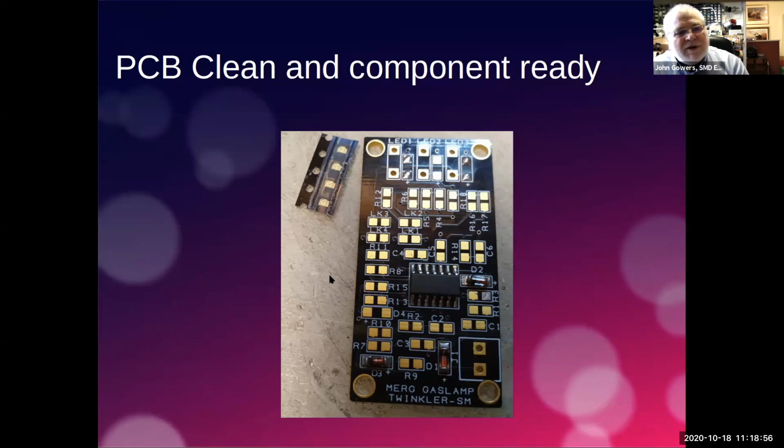all over the place. Where I would avoid using blue tack is where you're starting to put it on tracks or pads, because I'm just concerned that you'll get a little bit of residue left behind. And in this case, we're going to put some surface mount leads onto here. You may question, and I pointed out before you asked, it appears that there's some solder on these two pads here, and that was because